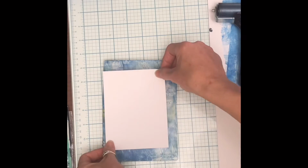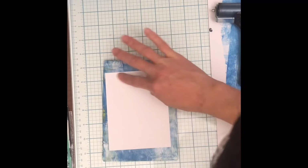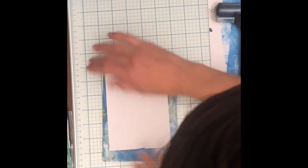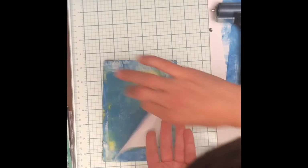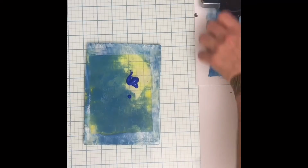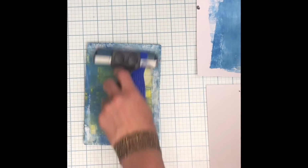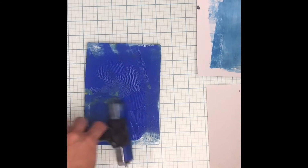So you can see, put your paper down, press it all over. That's a front for an A2 card. And you pull it. Now you could have done another print on that, and the second print would be called a ghost print. So I'm going to stay in the same color family, put on another color of blue, and